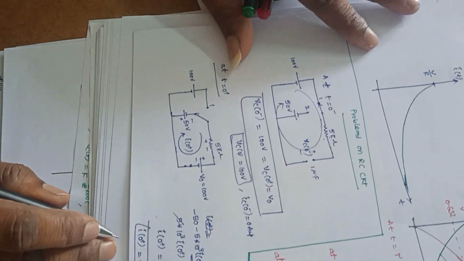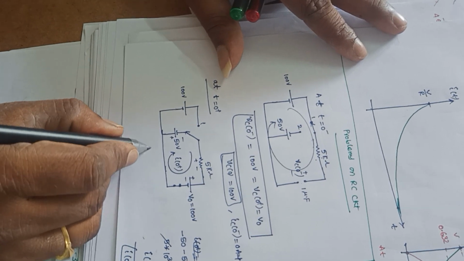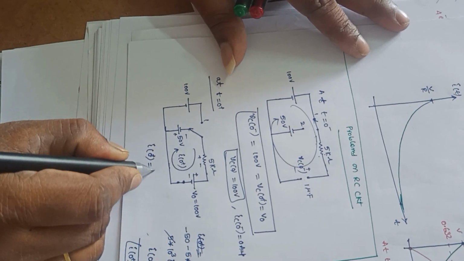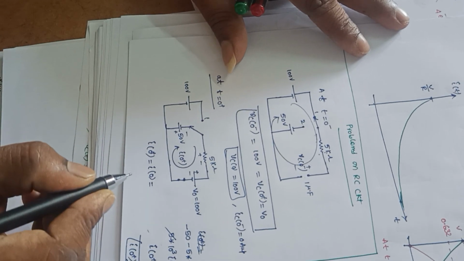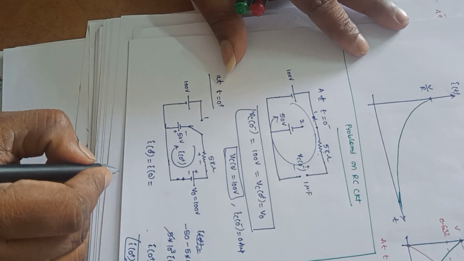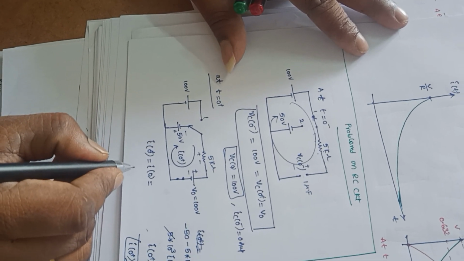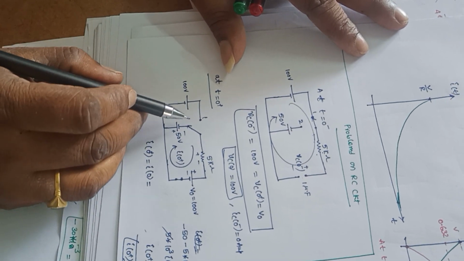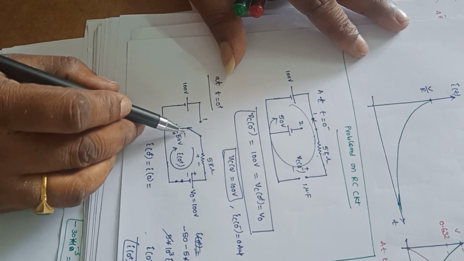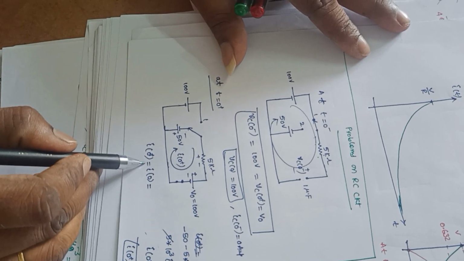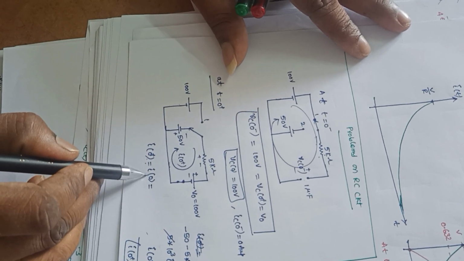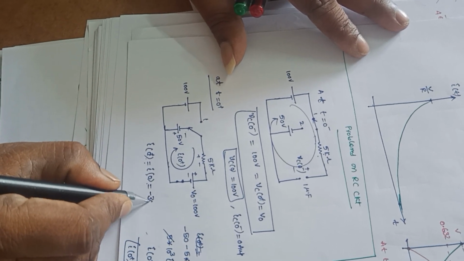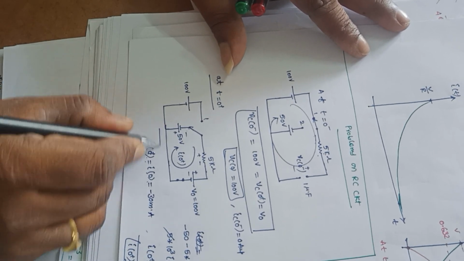So I of 0 plus is nothing but I of 0 here. Why? Because the capacitor can allow sudden changes in current. So at t equal to 0, at the instant of switching on this supply, that is at the instant of switching action, it can allow the sudden changes in current. That means I of 0 plus is equal to I of 0, that is equal to minus 30 milliampere. So this point